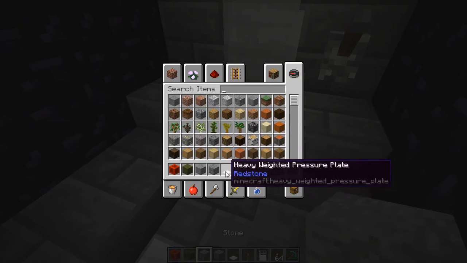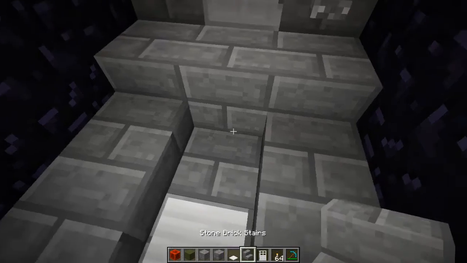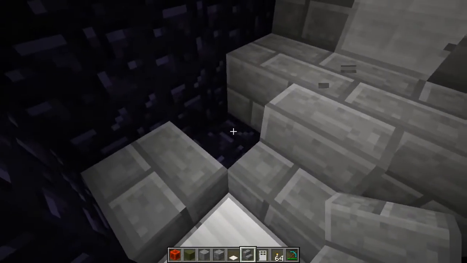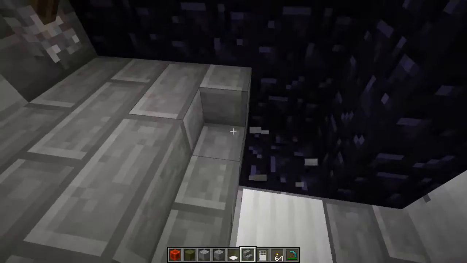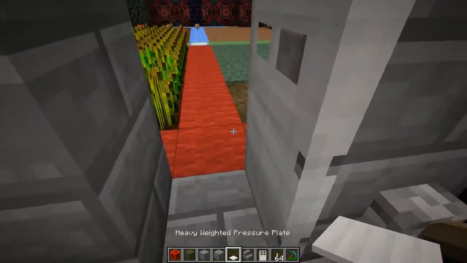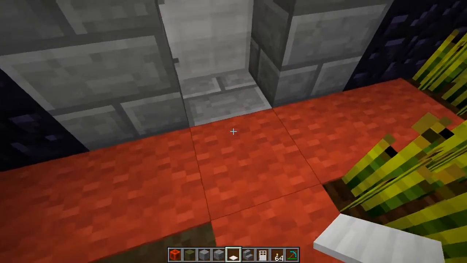Then let's get our steps, and we'll all be set because we don't need the lever anymore. There. Actually, better idea. There we go. Now we can put this up here. Get rid of that. Get rid of that, and